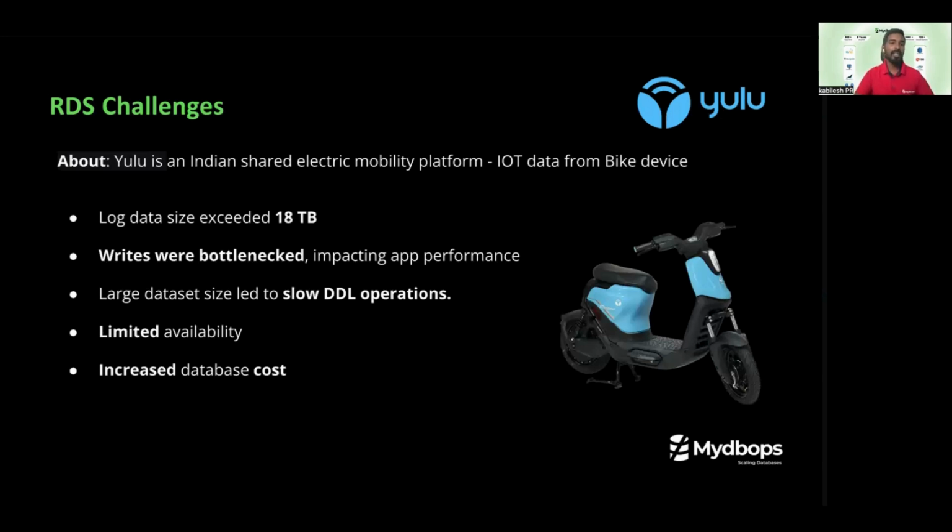Okay, so writes were completely bottlenecked. For example, they had some bigger tables in the log, crossing more than 3 or 4 terabytes. When they did a DDL operation like an index creation for a new release, they had to wait 3 or 4 days for the operation to complete, which increased database cost. Obviously, they had to upscale the databases every time and maintain the uptime. So this was their problem statement.